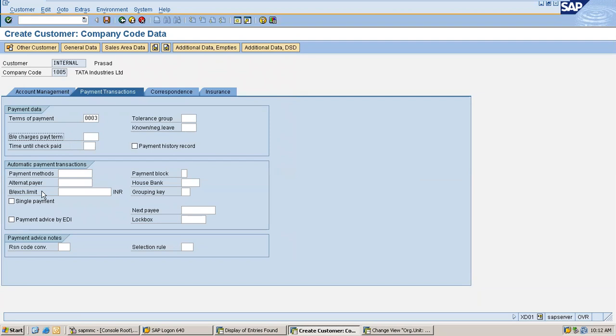Okay, then payment history record. Payment history record is used for credit management purposes. I mean the credit management function. So the system will keep track of payments done by this customer if you check this box. Anyhow, you will have it in GL accounts, but still, if you want to store it separately, you have to check this box, payment history record. Then you have something called